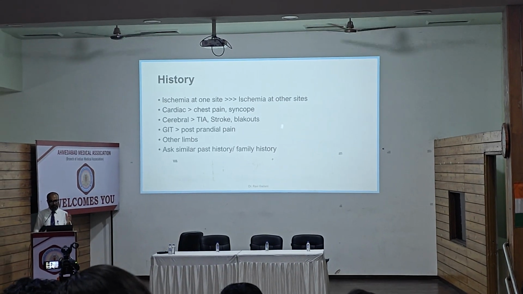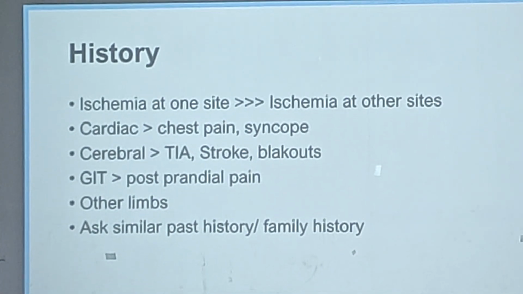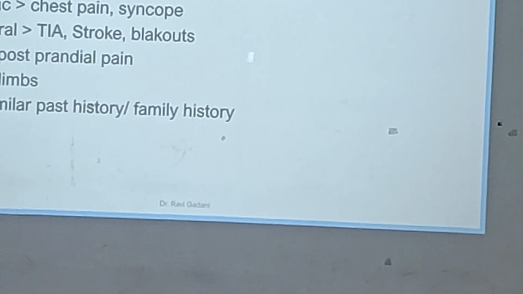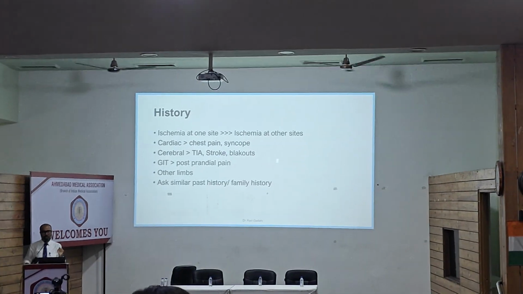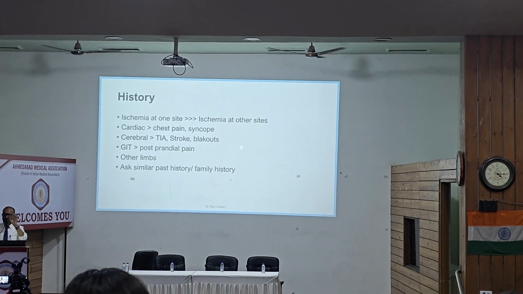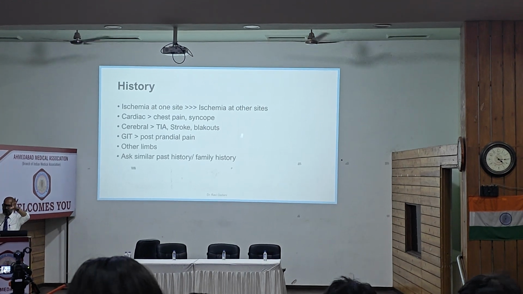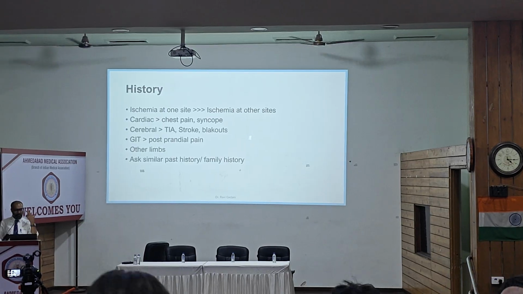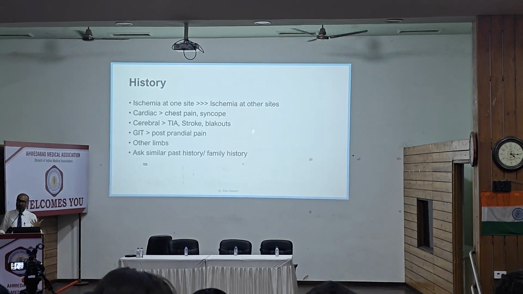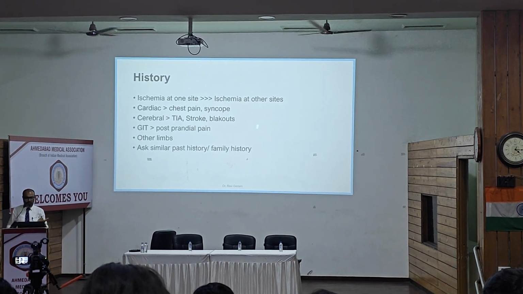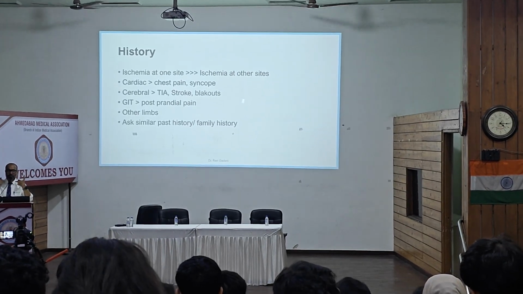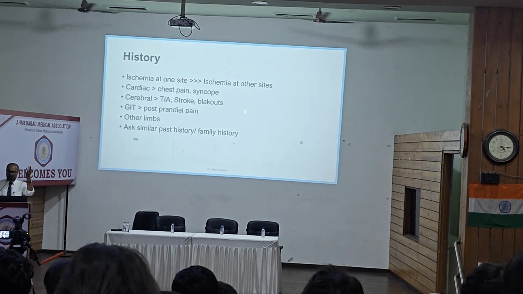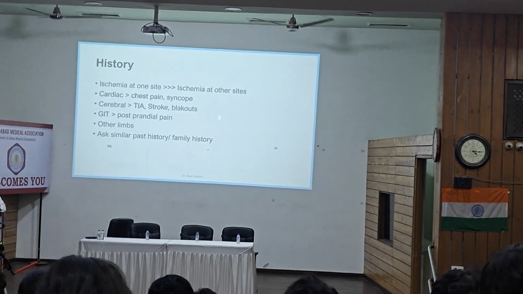So in history, apart from pain and ulcer, now what negative history? I talked about negative history in other cases. Which other questions should you ask for? So if there is ischemia in the lower limb, think about ischemia at other arterial places, or consider other arteries also involved. If cardiac arteries, coronary arteries are involved, then you need to ask for chest pain or breathlessness. If there is cerebral artery, carotid involvement, you can ask for history of TIAs, or any visual blackouts, any history of stroke again. If there is GI arterial involvement,